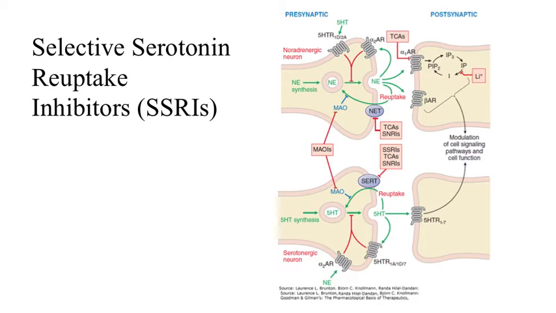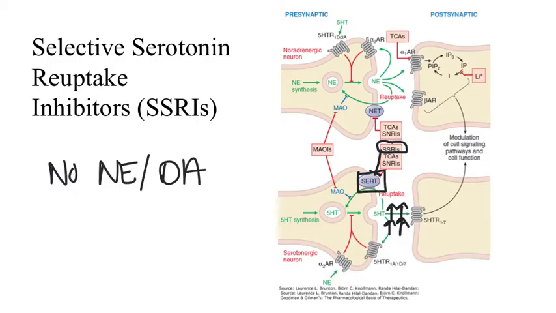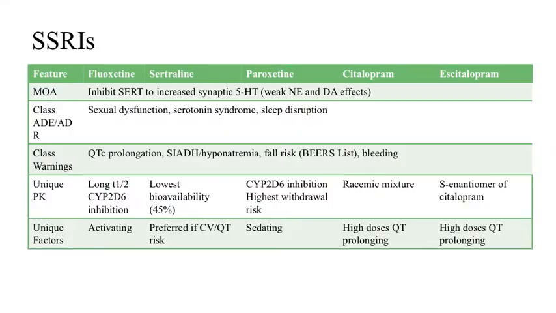drug therapy. The SSRIs are a class of drugs that inhibit the serotonin reuptake transporter, or SERT, which leads to increased serotonin in the synapse. The drugs in the SSRI class typically have very weak activity on norepinephrine and dopamine reuptake. As I stated previously, the mechanism of action of the SSRIs is to inhibit SERT, which will increase serotonin in